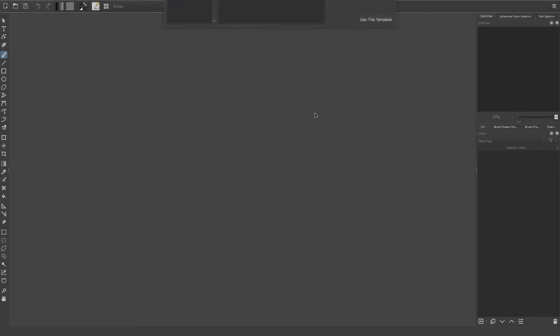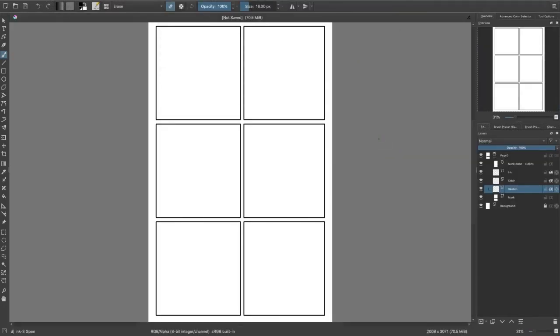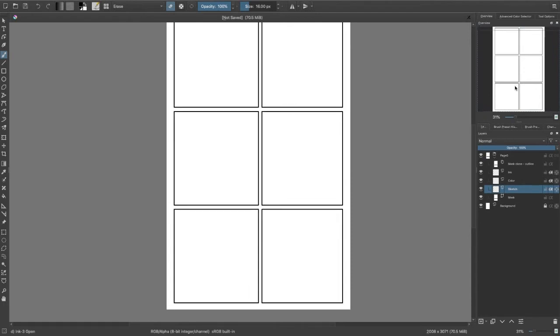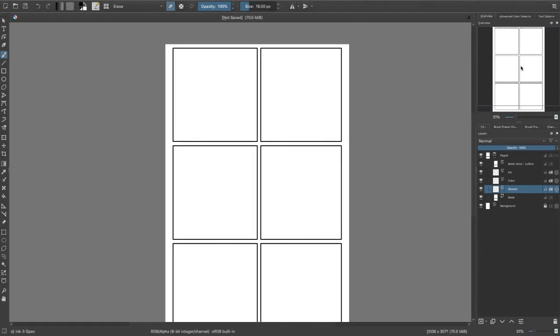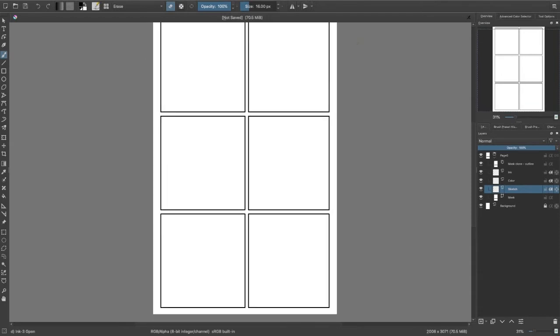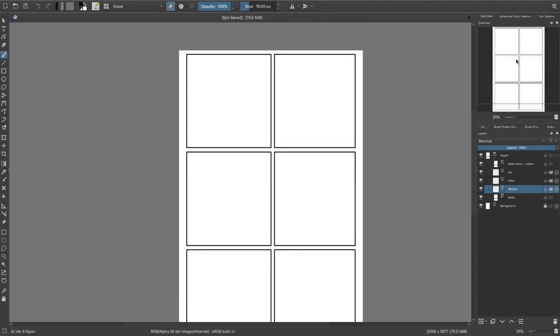File, new. Okay. The next one is US style comics, which is very similar to the European one. It's just that there are fewer boxes and they're bigger. And again, newspapers, magazines, stuff like that. That's, when I do webcomics, I do not use these. I could use this style. However, the thing about